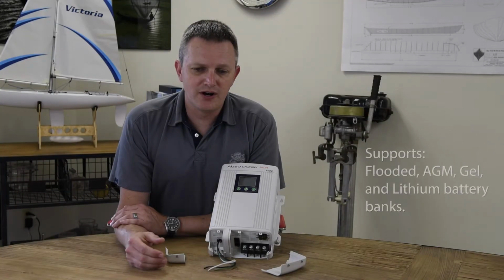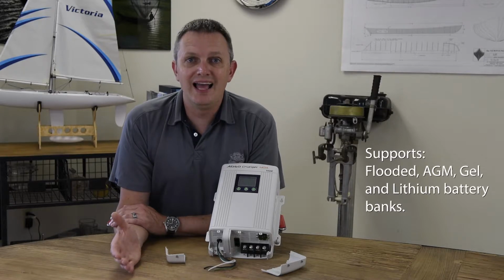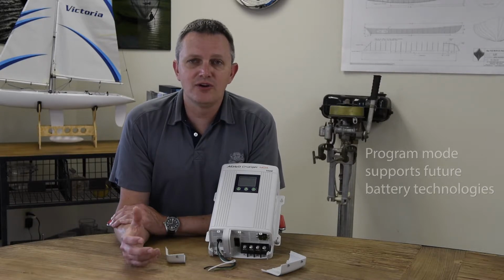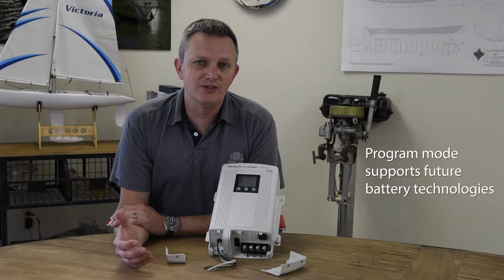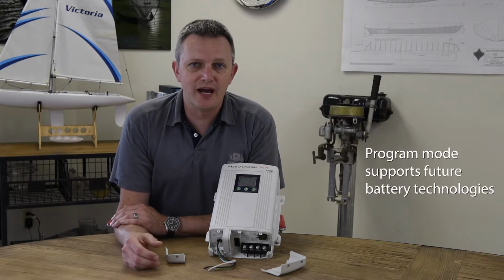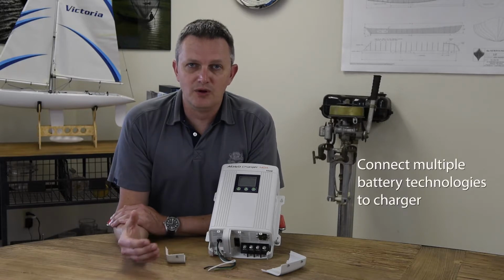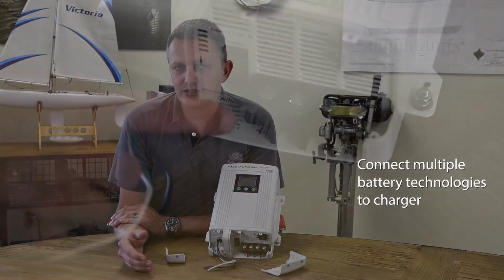The Abso battery chargers have charging algorithms for flooded, AGM, gel, and lithium batteries. They also have a unique program mode that allows you to completely program all of the charger's functions should future battery technologies require it. The chargers also allow you to connect multiple battery technologies to the charger at the same time